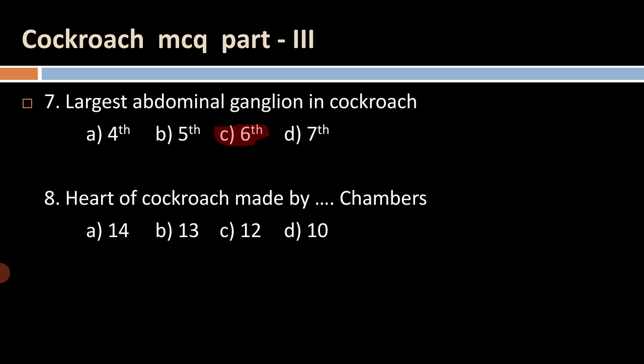And 8th, heart of cockroach made by dash dash chambers. A. 14, B. 13, C. 12, and D. 10. So in case of cockroach, the heart is made by 13 chambers. So the correct option is B. 13. So these are again some important questions based on the cockroach